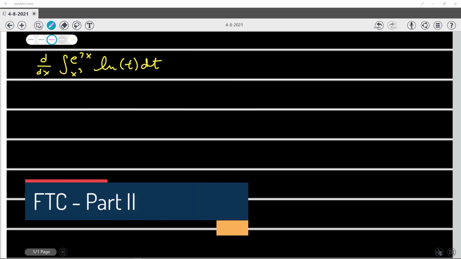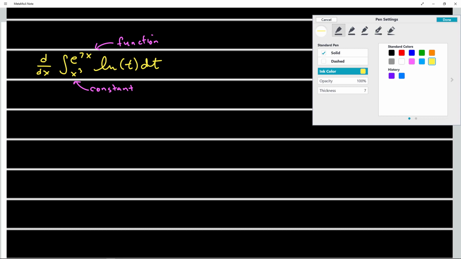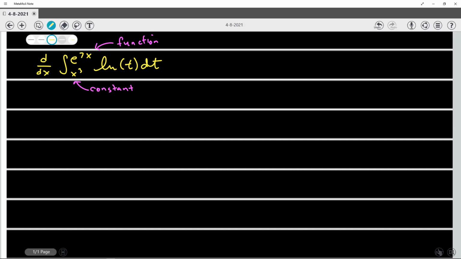All right, so you're learning about the fundamental theorem of calculus, and hopefully you have already reviewed that what we want is a function up here, which is what we have, but we want this to be a constant. So we end up just rewriting this integral. In this case, I'm just going to leave the d/dx out front, but I'm going to rewrite this integral as the integral from x to the third to 1 of ln of t dt